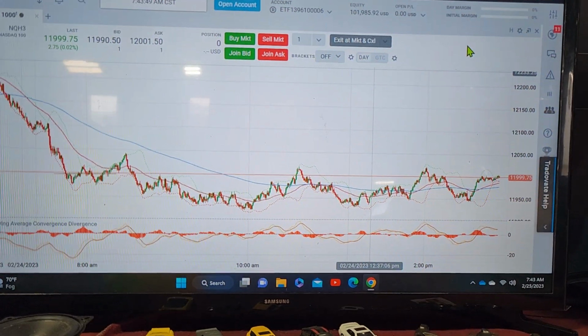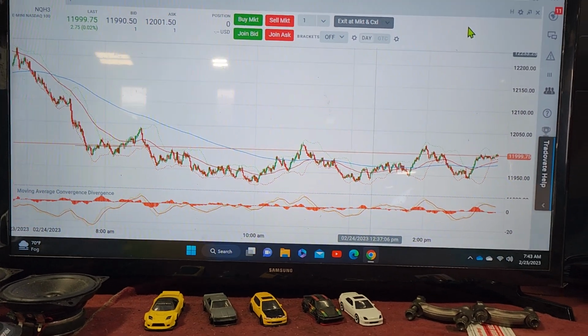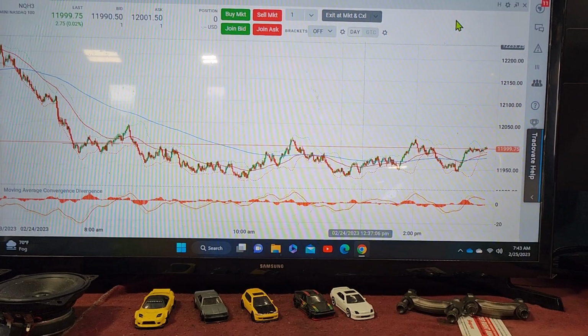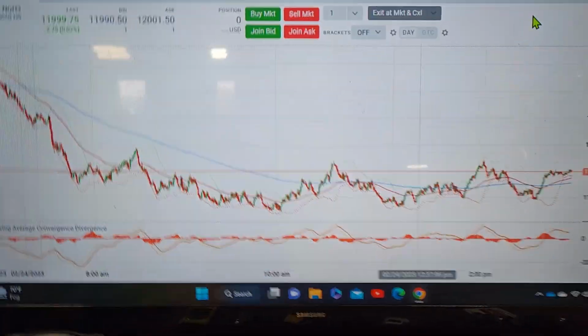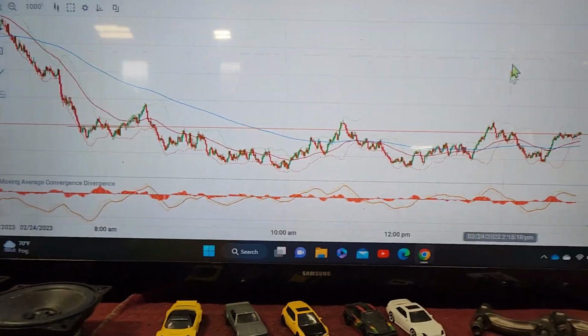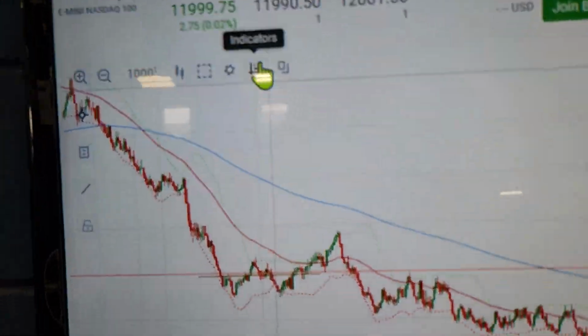What's up, guys? I'm going to show y'all a quick and easy way to determine whether to buy against the market or buy long for the market. The only indicators I'm going to show y'all right here are